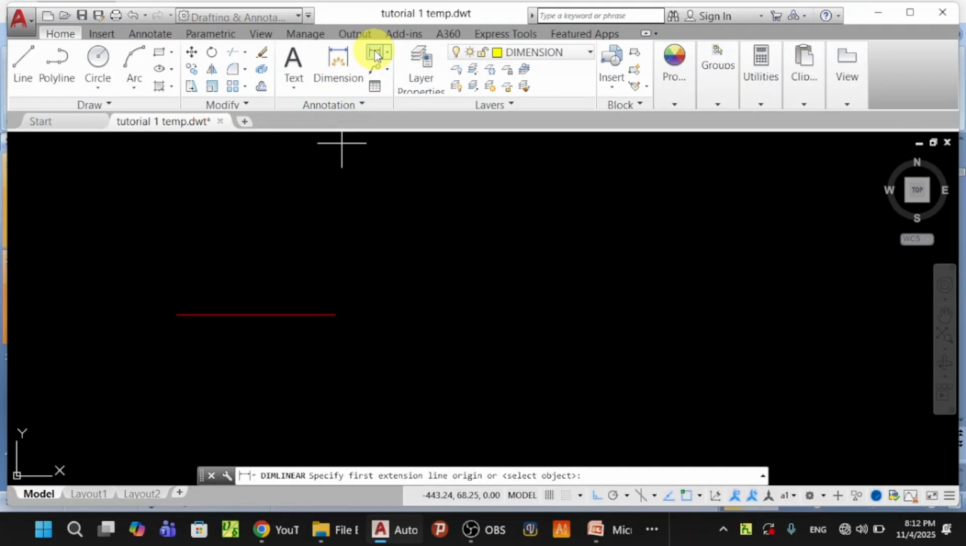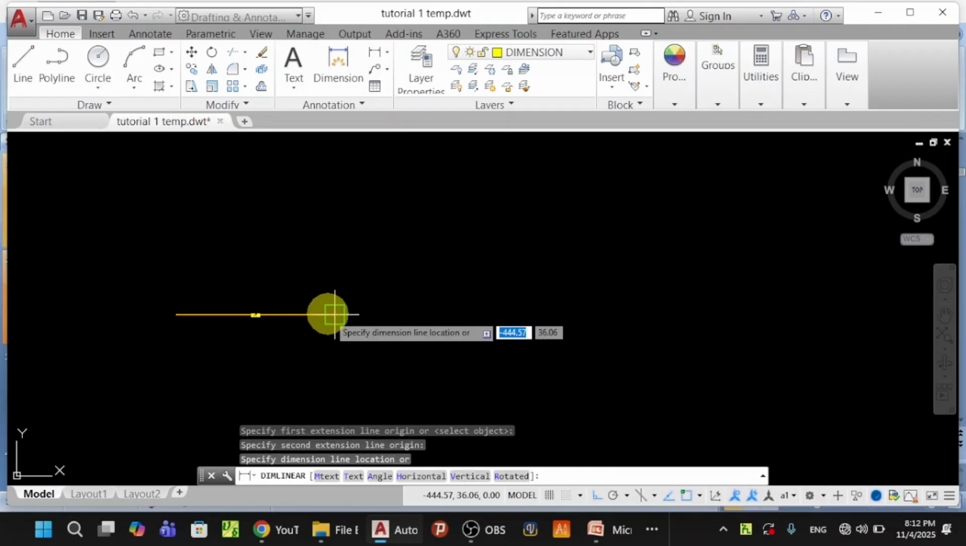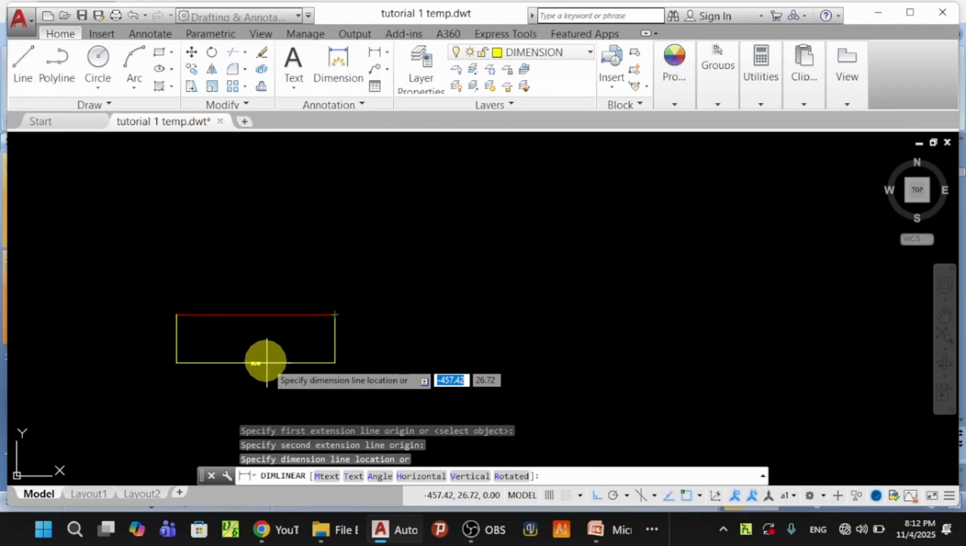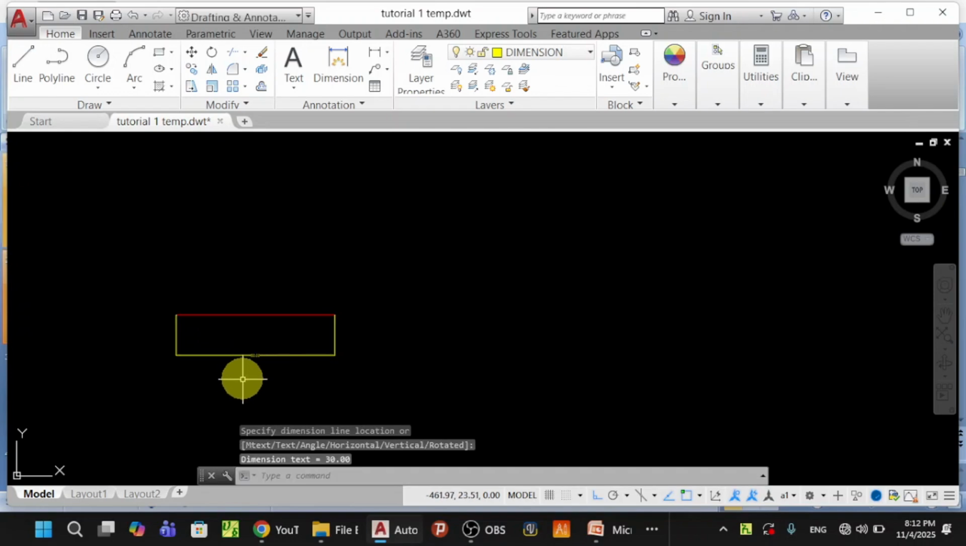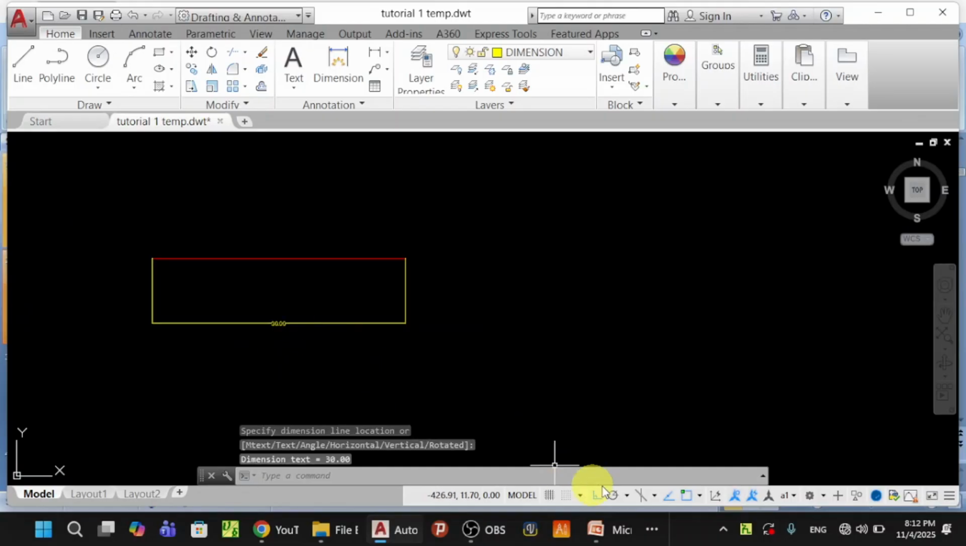Click it, and it asks you to show the first point of extension line. Here it is. Then the second. Then it asks you to specify the dimension line location. Just follow the command line. You see, this is 30. That's right. The other thing is to draw